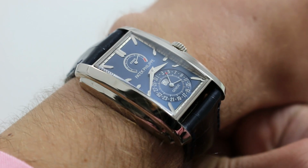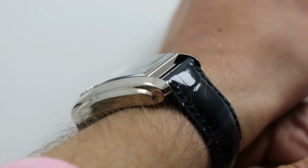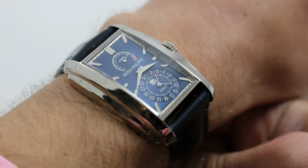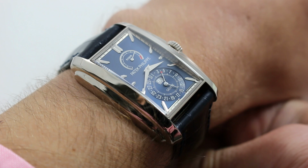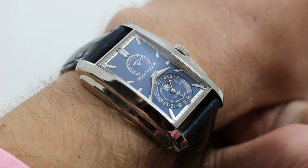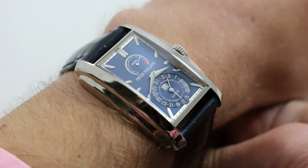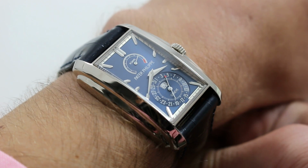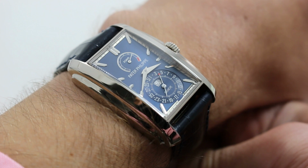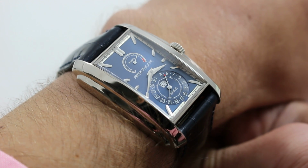Now, this timepiece was introduced at Baselworld 2013 as a successor to the long-running 10-day power reserve reference 5100. But what do you lose? And what do you gain? Well, you lose 2 days of power reserve. This one has 192 hours of autonomy fully wound, but you gain a radial date and an aperture day at